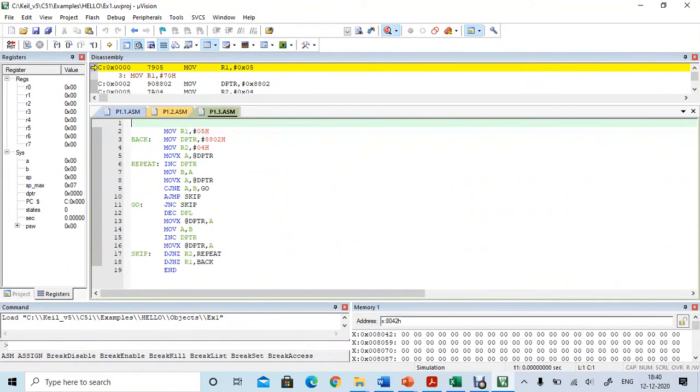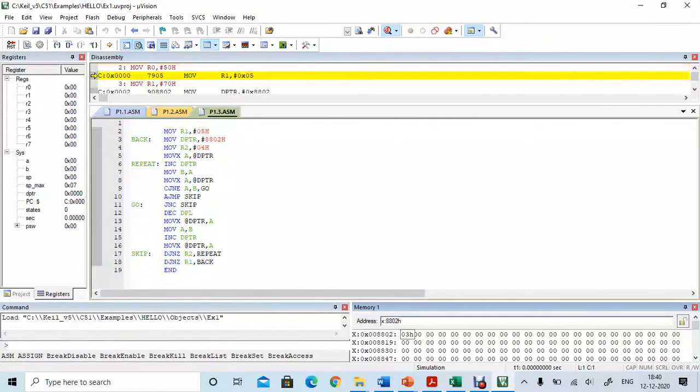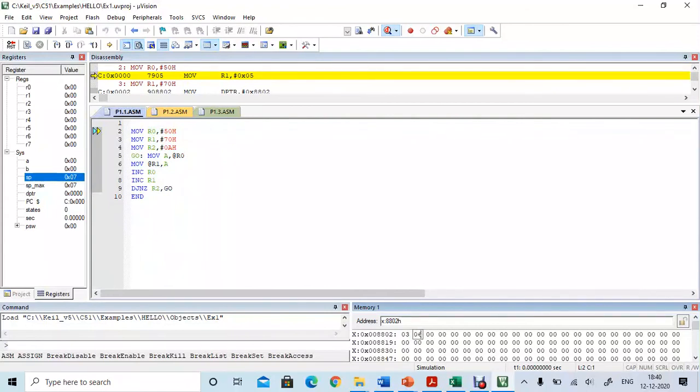In this program we have the memory location 8802. Give that address in the address bar, 8802, and press enter and type the numbers into the memory locations. Random numbers you can give, since we are finding the numbers and arranging them in ascending order.